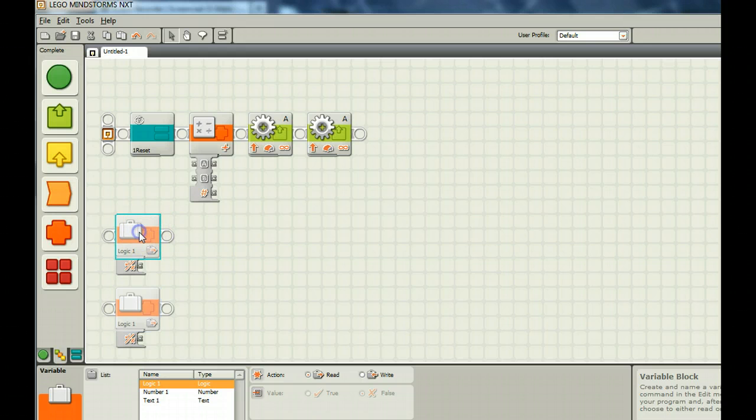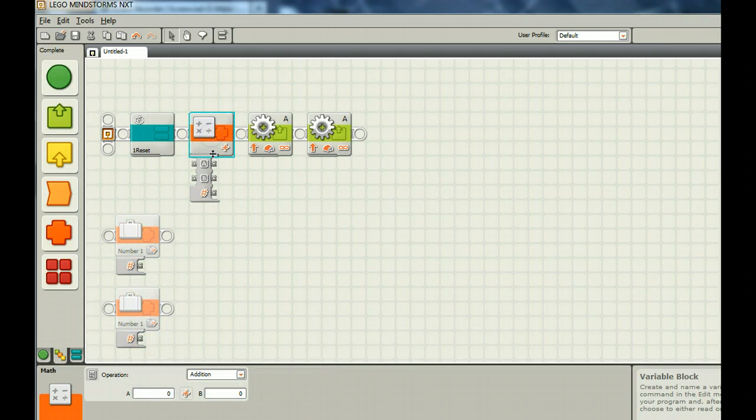Let's go to the first logic block. We'll turn this to a number, and the second one also to a number. Then go to your Math block and switch the operation to multiplication, and then you want to switch in section B, your variable B, to the degrees that you've calculated for your motor degrees on your turn